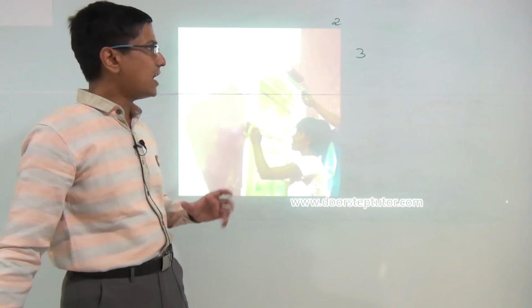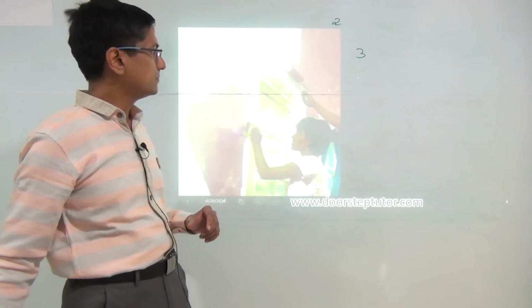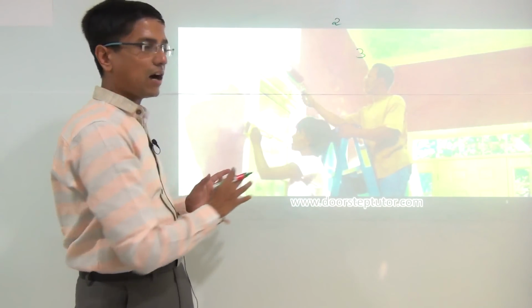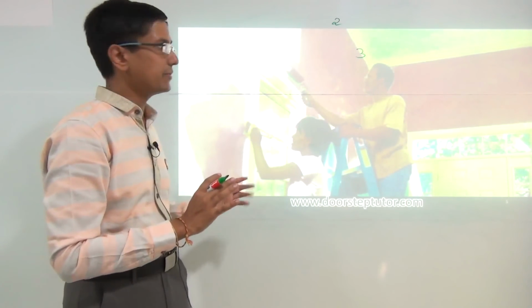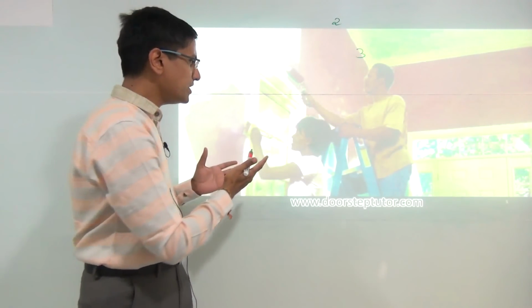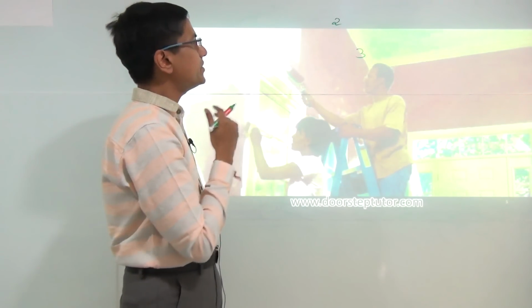Now the question would ask you how long it would take for both of them, if they are working together, to finish this entire paint job. So now they are working together. So what can we add here, right? Obviously these people are working together, so something needs to get added. But what is it which is getting added here?